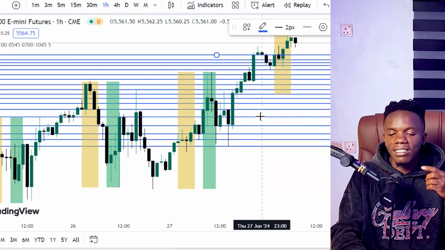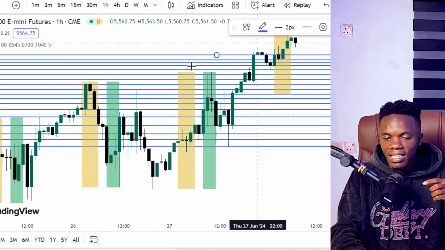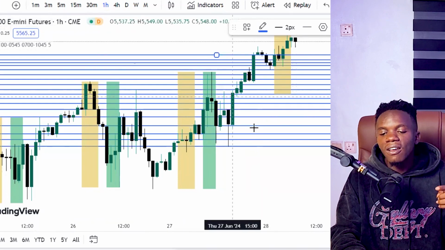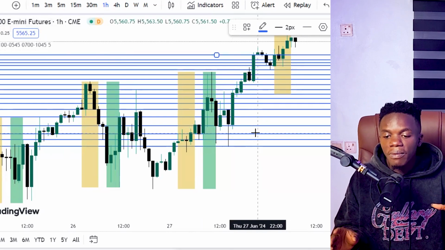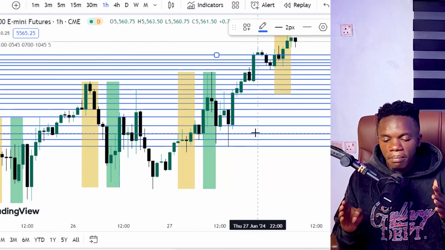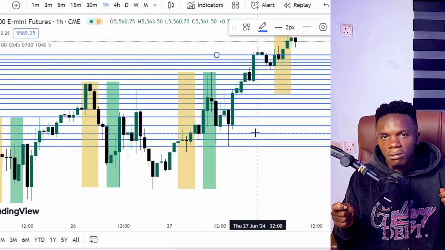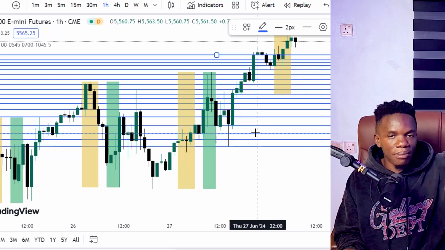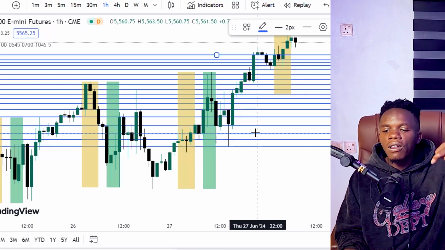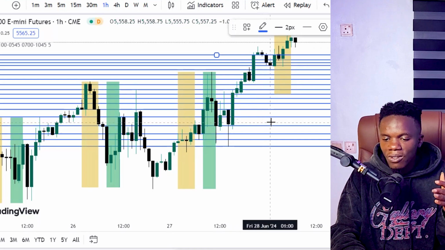And the disadvantage is that if you are stacking on a particular asset class, for example, this ES 500, you need to understand the nature of price action on this asset class. For example, you need to make sure this market does not retrace often, or spike. You know the meaning of spike? The market could just dip on a bearish day, then reverse again. So you have to make sure this does not occur on this particular asset class, because if the market